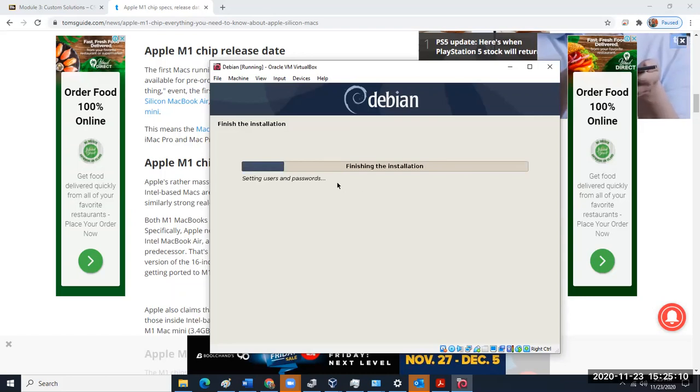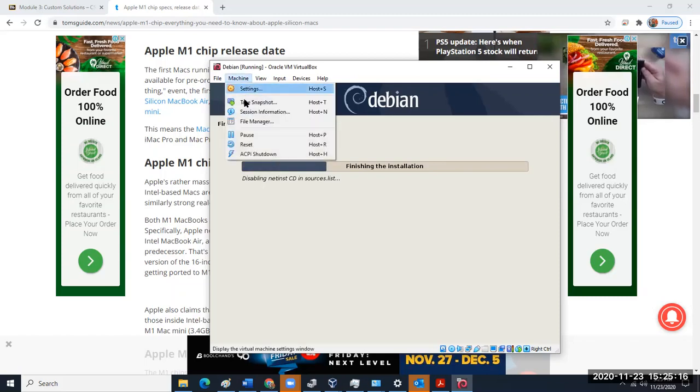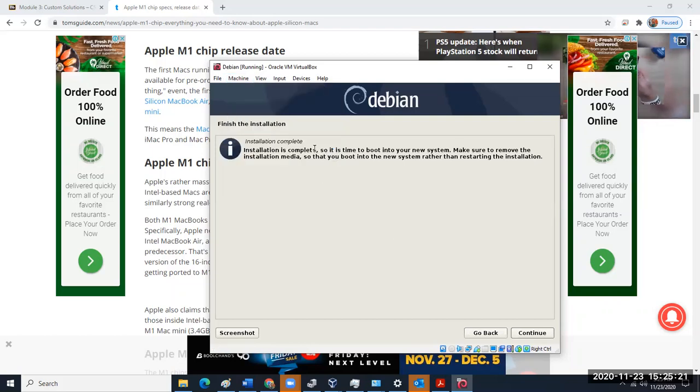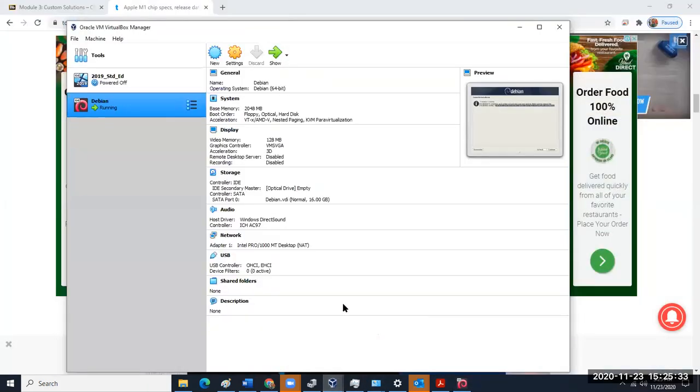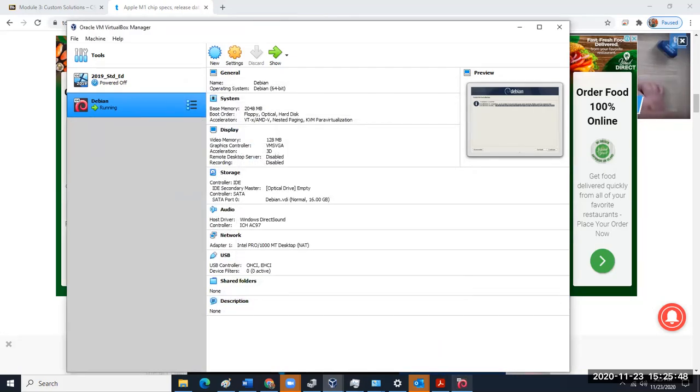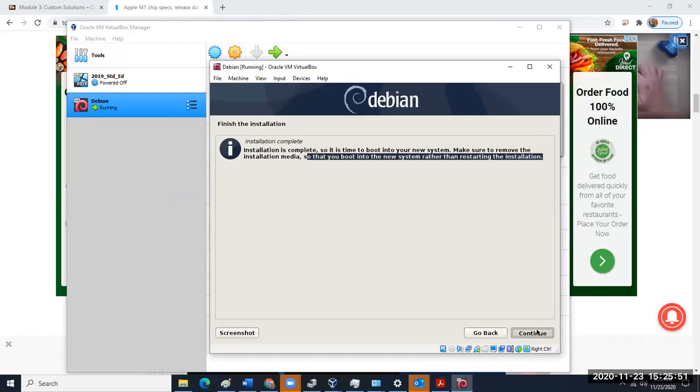And when I rebooted the system, the screen went black and it never came up. And I had to do a machine reset, where it was like, okay, I'm going to repower this. So it says installation's complete. Make sure to remove the installation media so that you boot into the new system rather than restarting the installation. So if I go into settings, I'm going to go into storage. And that's supposed to be empty, and it says empty, so maybe it ejected itself. I'm going to go ahead and hit continue,